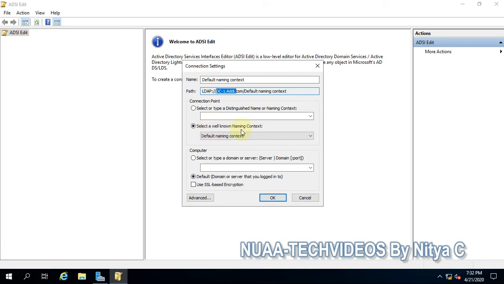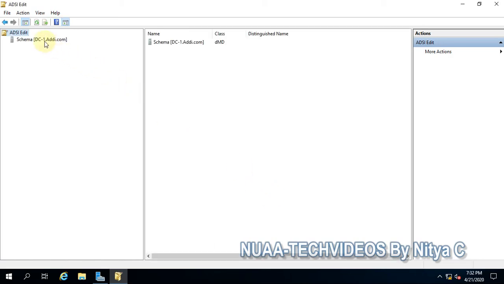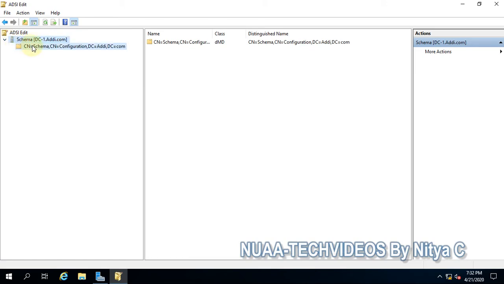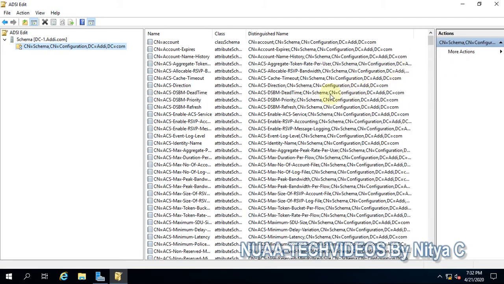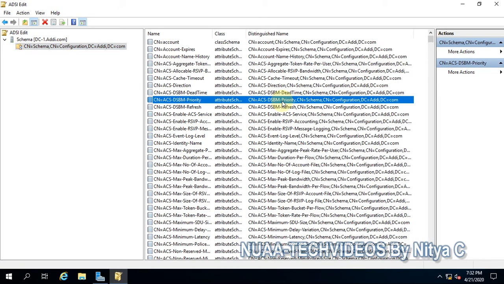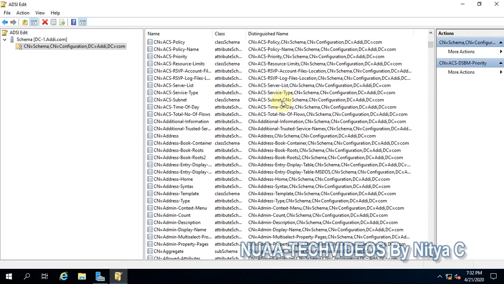the well-known naming context. We were discussing naming contexts or the partitions. As we can see, these are four partitions. We are going to check the schema partition first. I have connected, and there is no need to change anything extra over here. I will connect, say OK, and when I expand this, you will see all the objects, related classes and attributes which are loaded.